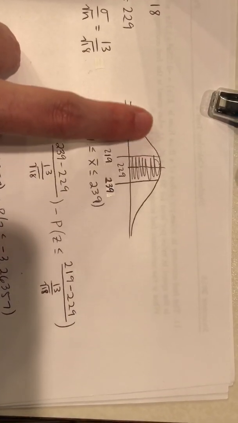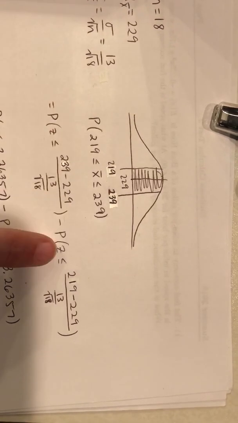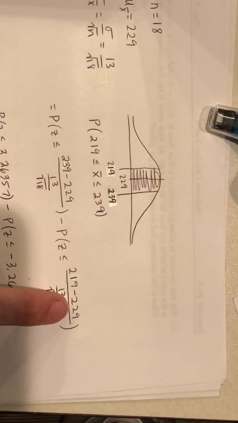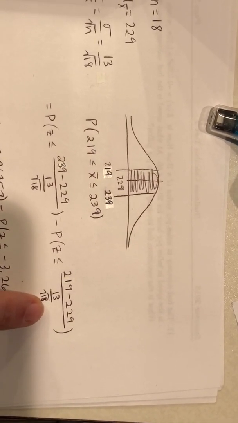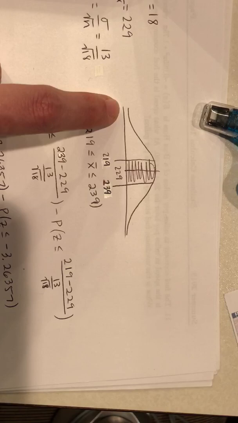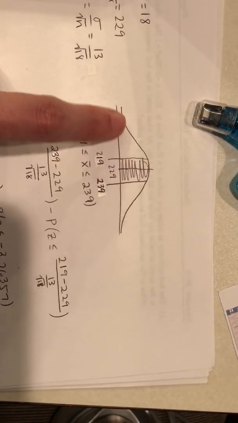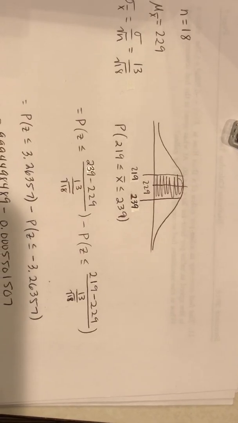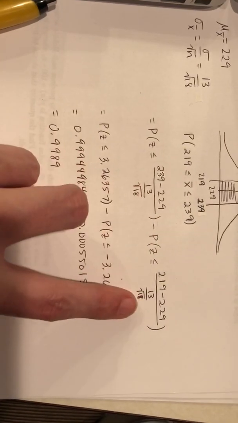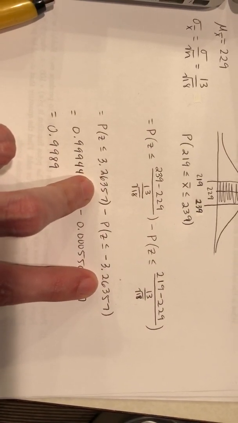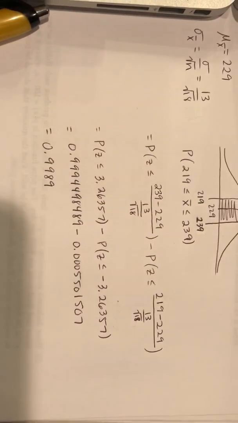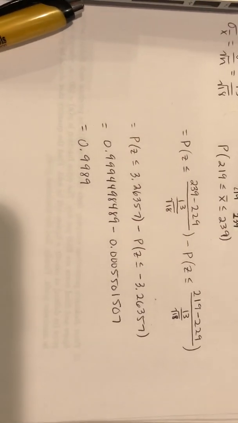So since we don't want anything below 219, then we need to subtract the probability of z being less than or equal to 219 minus 229 over the standard deviation. So if I find the area from this value all the way to the left tail, and I subtract off the area I don't want, then I'm left with the area I do want between the 2 values. So if you type into your calculator each one of these, you should get a decimal that looks like this for each one respectively. Then to get the area under each of these standard normal curves,